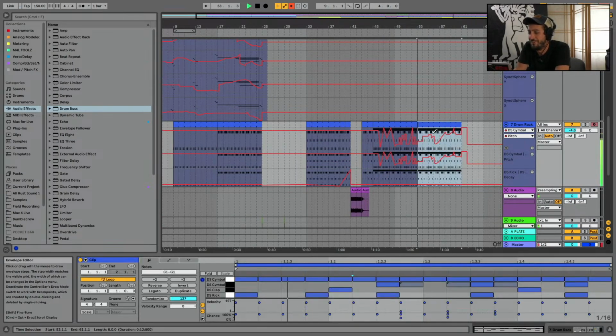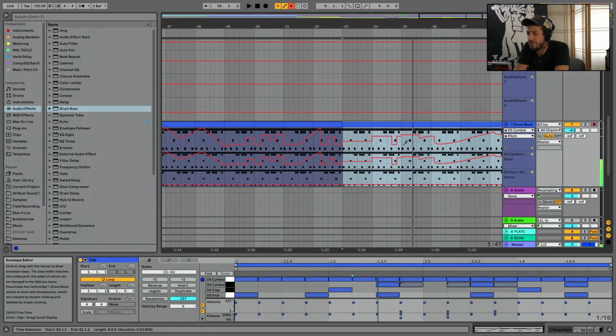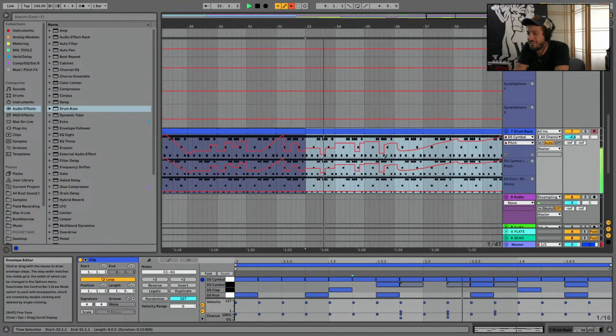Just going ham here. Looks like a cityscape. Got some buildings. Yeah, it's mountains.